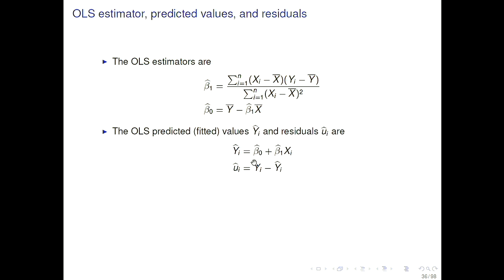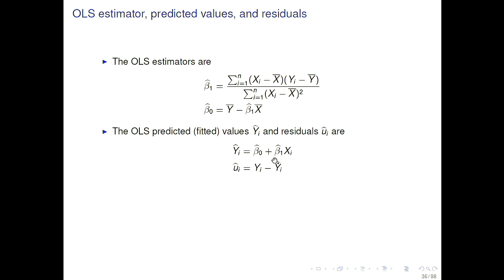When we evaluate this left-hand side at some x value, then we have the predicted y value or fitted value of y. And the notation for that is y hat. So here we put a hat whenever the thing is estimated or predicted, right? So beta hat